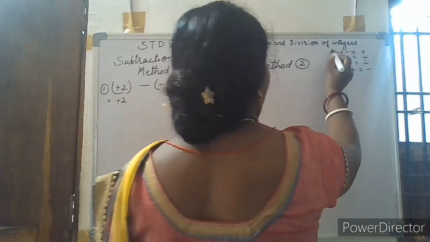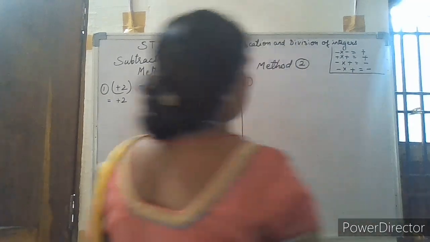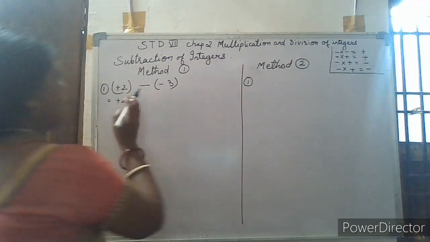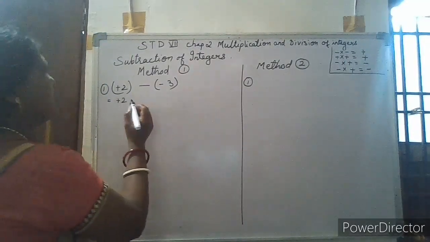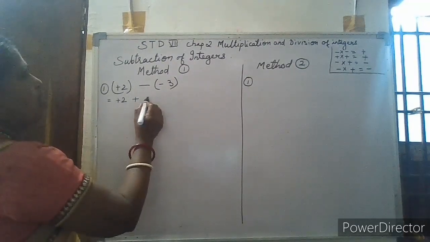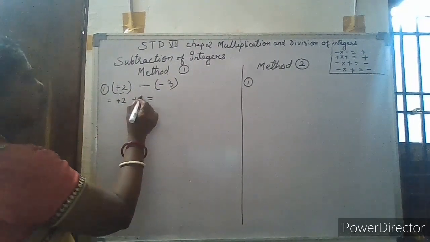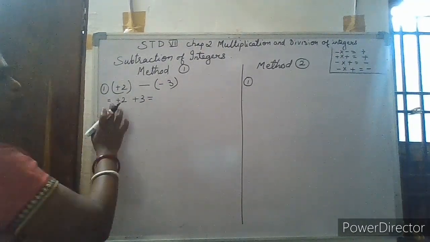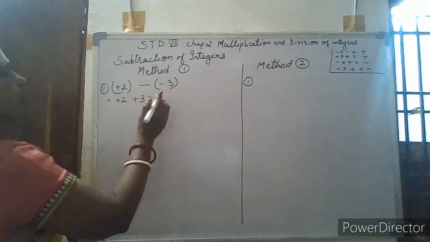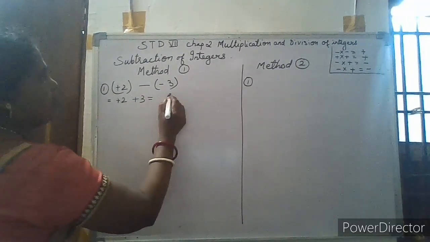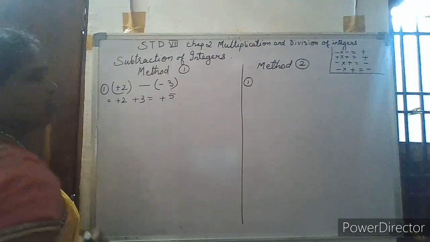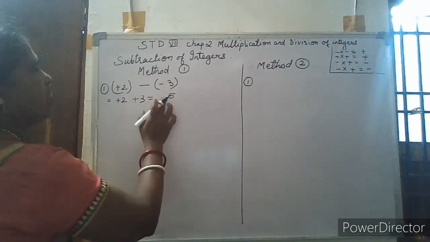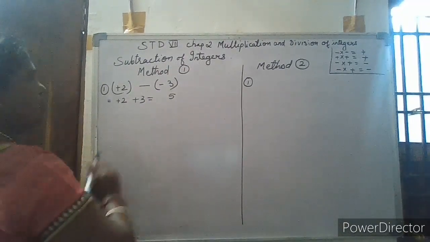So these are the rules of multiplication. So to recall this, I have written it here. Now we'll go to minus into minus, it is plus. Now we'll apply the same rules of addition. Both the numbers have same sign. Add and put the same sign. So 2 plus 3 is 5. So it is plus 5. We can write the sign, or if we don't write the sign also, it indicates that it is plus 5.